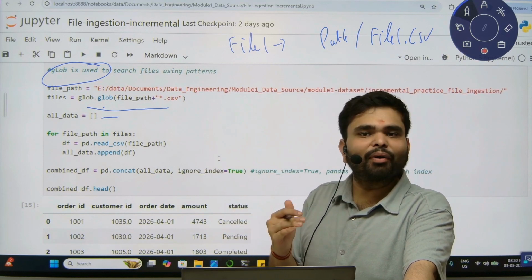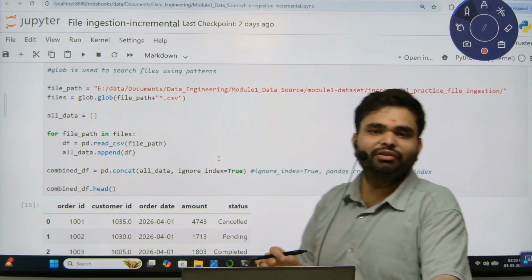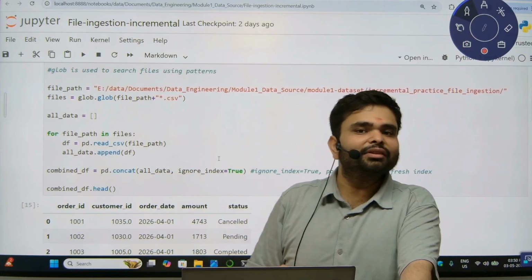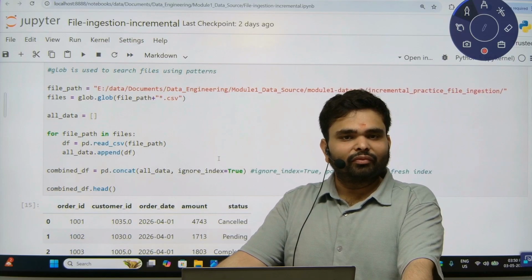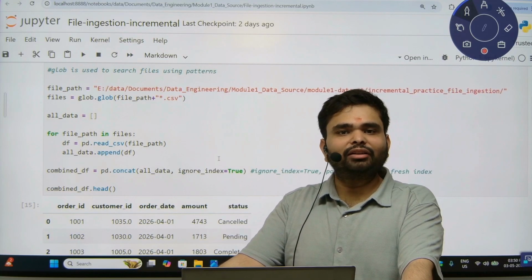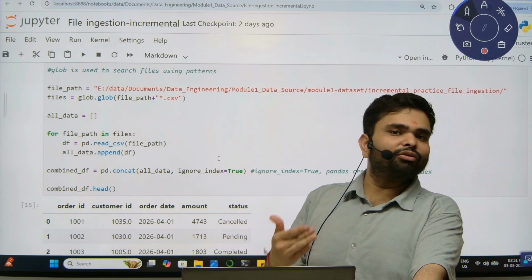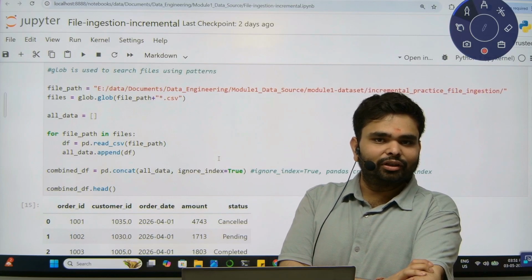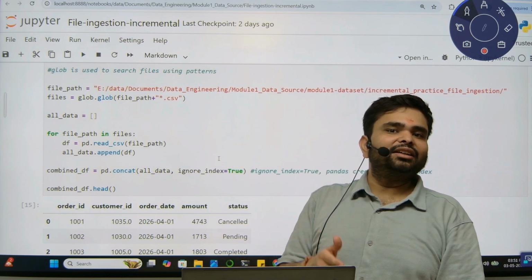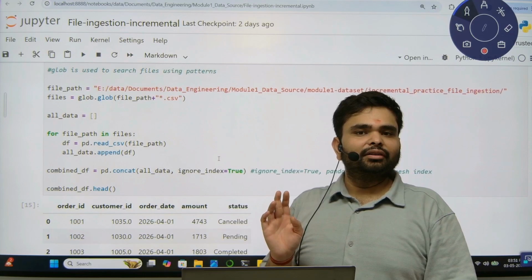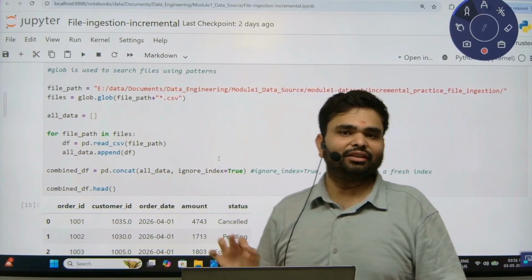Now comes the main part, the incremental type. For example, these are the 4 or 5 files which we are updating on a daily basis. Let's take an example. This is the orders file. Our automobile company's vendor updates these files for the automobile parts. Those updates happen at 9 a.m. sharp every day. So at 9:30 this job will run and update the database according to the changes.